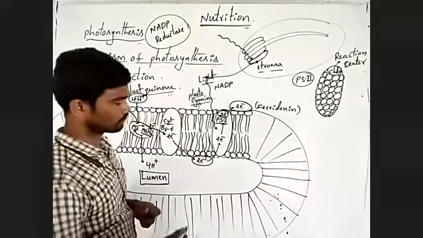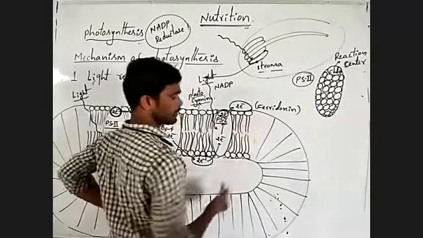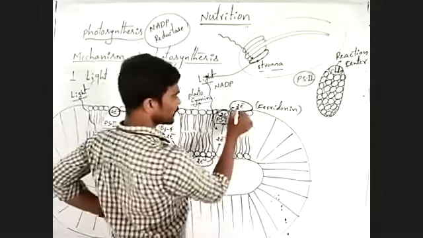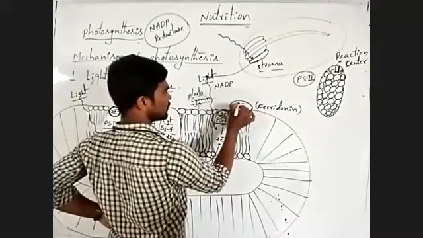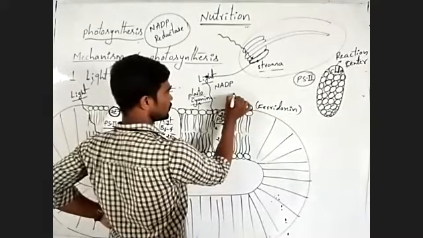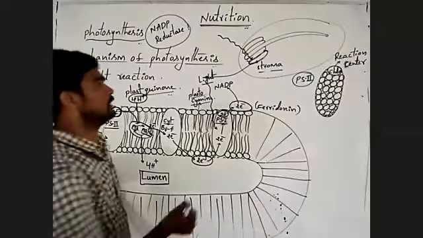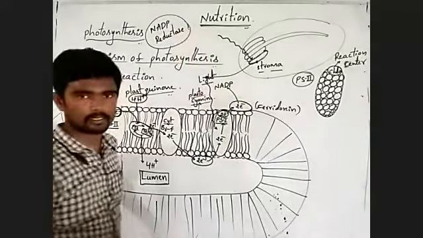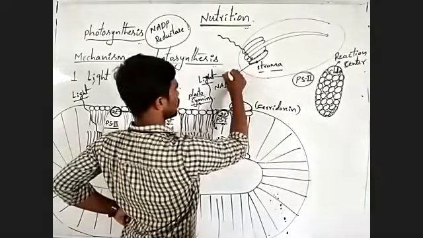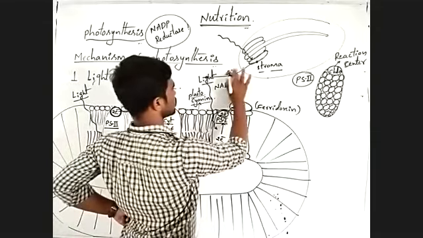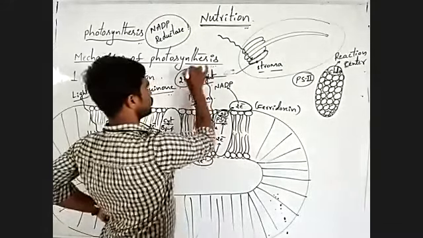This enzyme receives the 2 electrons from pyridoxine, then combines with the NADP reductase. Listen carefully here, NADP reductase receives the 2 protons from stroma